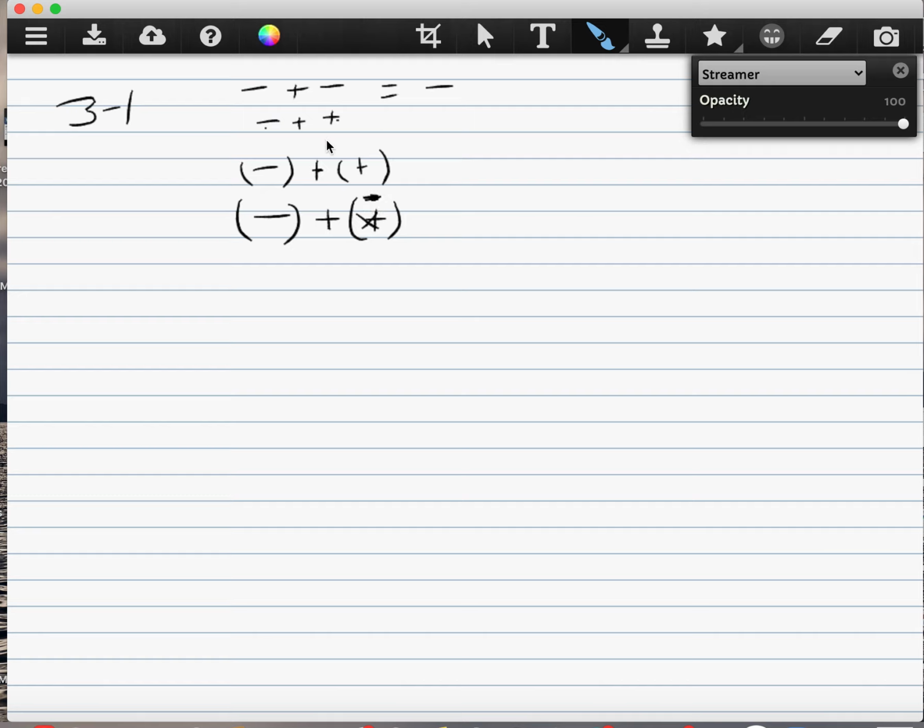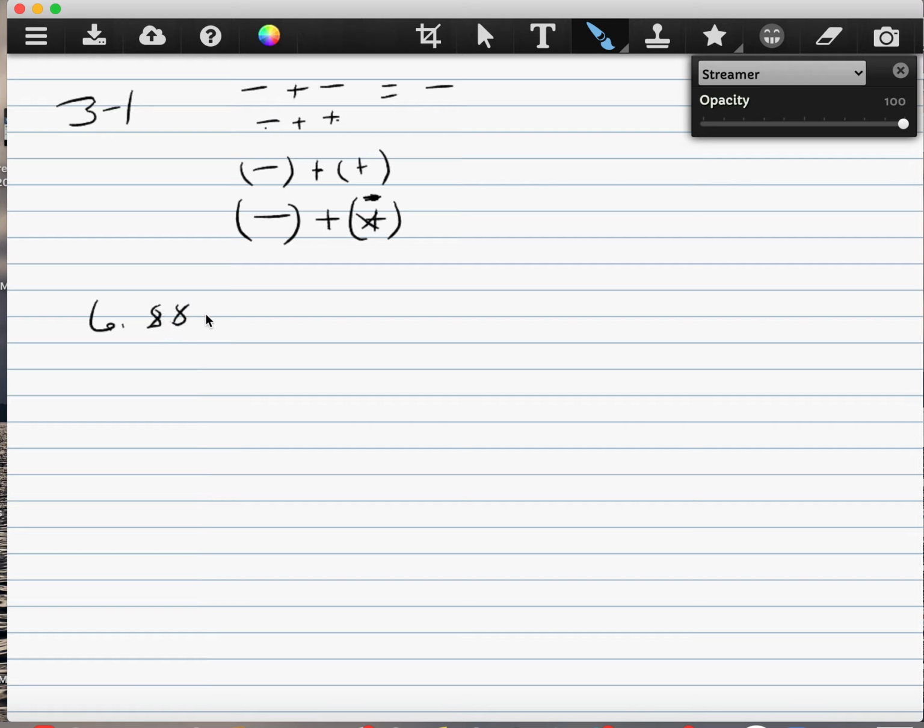So if you don't remember the rules of your integers, you need to go back to your integer chart and study those rules, because all the other things are not going to make sense if you don't follow the rules properly. All right? So estimating by rounding, if I have